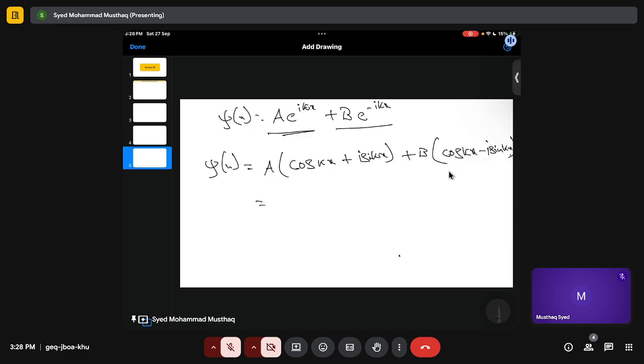And if you solve the D plus k, you will have a general solution of this, and if you have D minus k, then you will have a general solution of this. Okay, the general differential equation solution. So if I write, and we know e power i kx can be written in terms of cos kx plus i sin kx. So if I take out only cos terms, so it will be A plus B